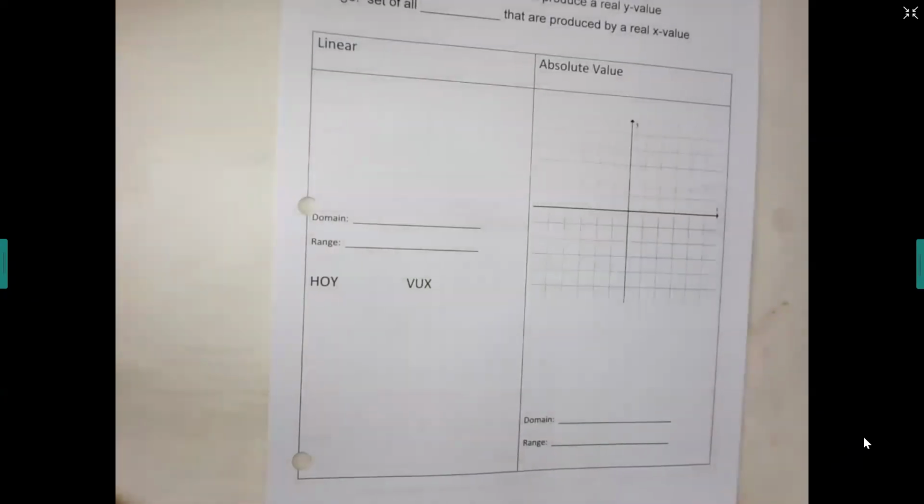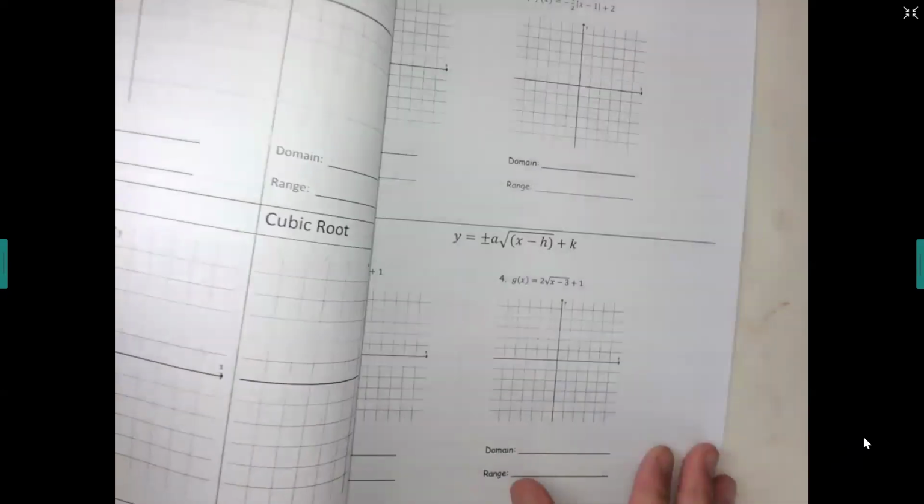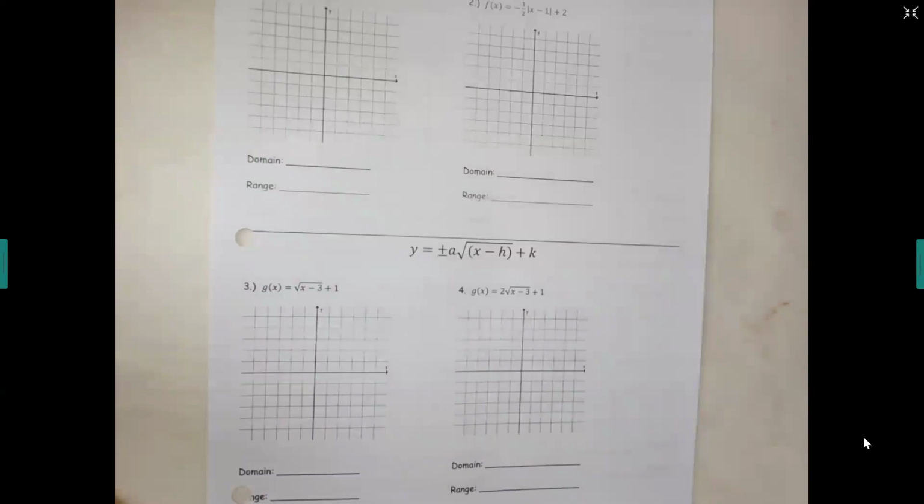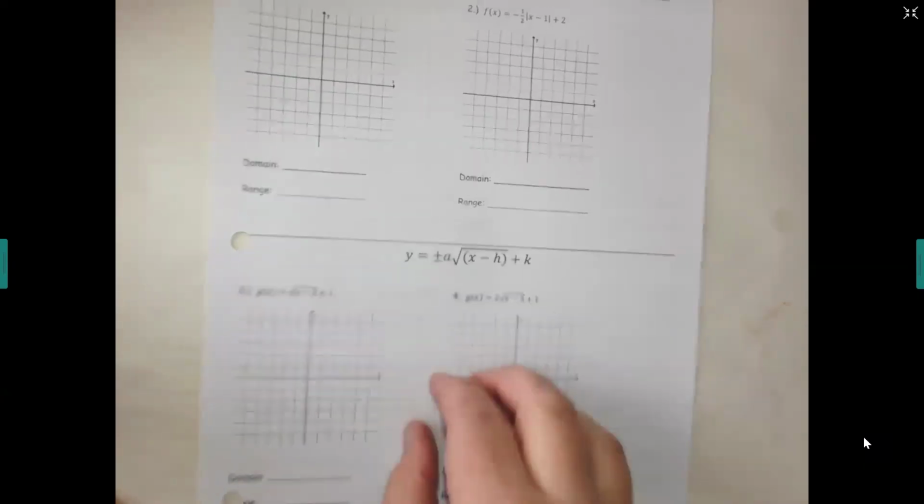Okay, for your first page here, what I'd like for you to do is just pluck it off of the packet. You're going to get to use this page all the way till y'all test on this unit. So you'll see that it has all the functions we did last time, plus we're going to add 2 more today. Grab your notes right there, hun, please. The first page we're going to keep separate as a reference sheet. You won't get to use the whole packet, just that top page. The first couple of these we did last time.